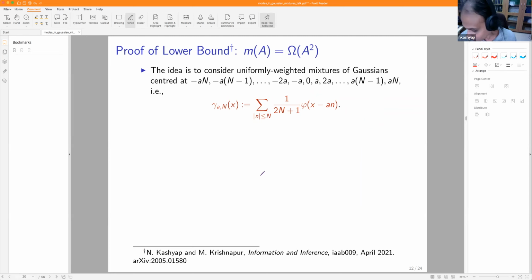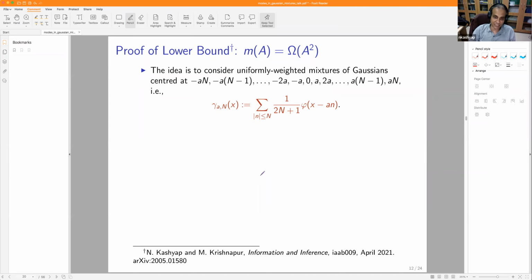So for the lower bound, again, we want to say that there are Gaussian mixtures which have that many modes, modes of the order of a squared. All the centers of the mixture must lie within the interval from negative a to a, but it has omega a squared number of modes. So the idea here is to consider again uniformly weighted mixtures of Gaussians